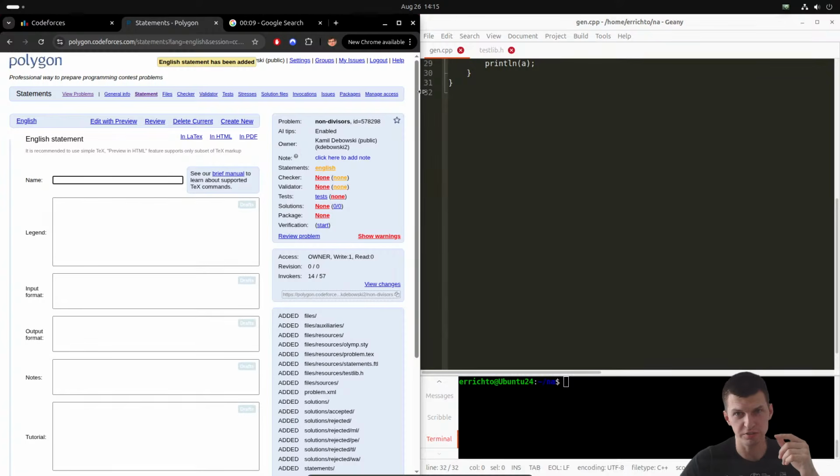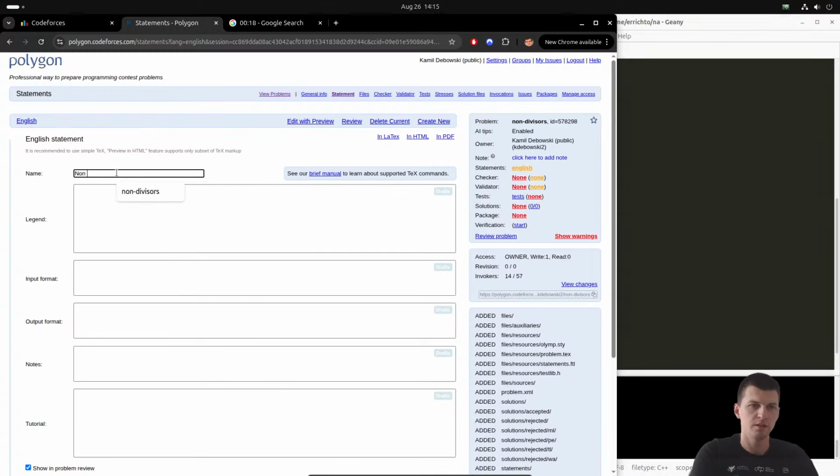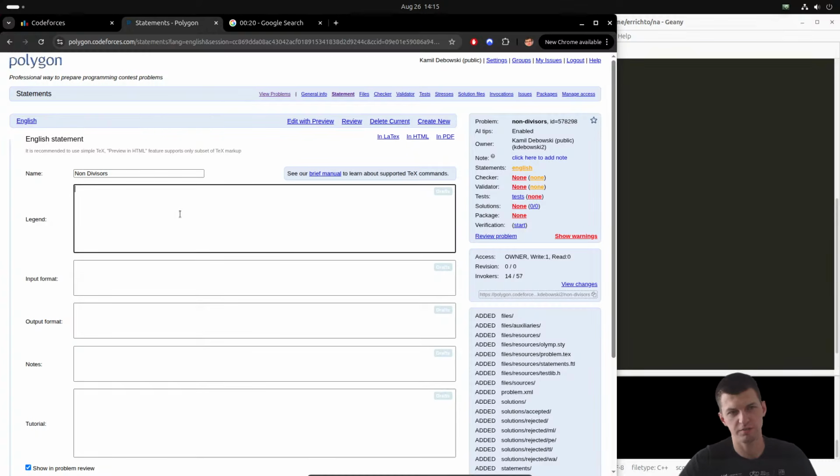I want to understand now how much time it takes to create the problem, including the statement. Let's call this non-divisors. Now, there will be no complicated story here. You are given a sequence A1, A2, and so on,